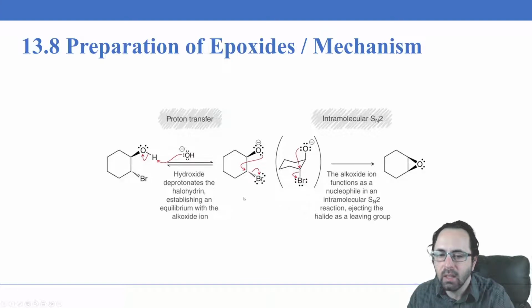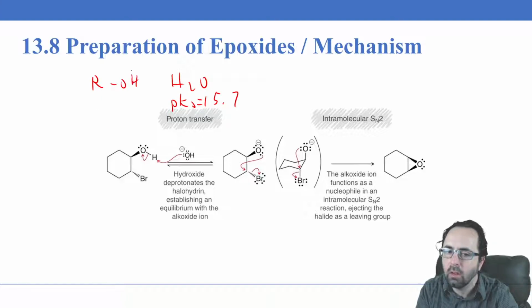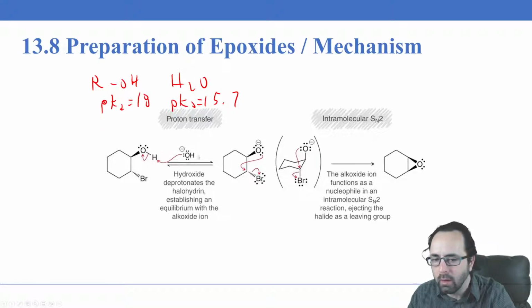The way that works is the base here deprotonates the alcohol, and so we have a proton transfer. Usually, the hydroxide isn't the perfect base to deprotonate an alcohol, because if you're talking about water, the protonated form, you may recall the pKa was 15.7. And for the alcohol, ROH, the pKa is going to be around 18. And so the water is more acidic than the alcohol, but you'll get some deprotonation, which is enough because then